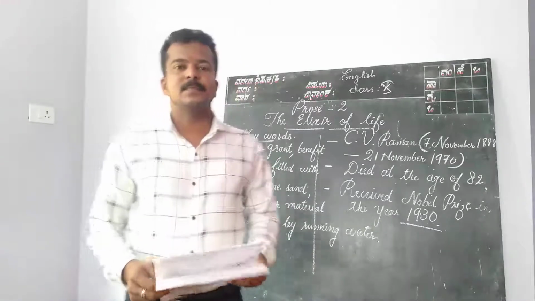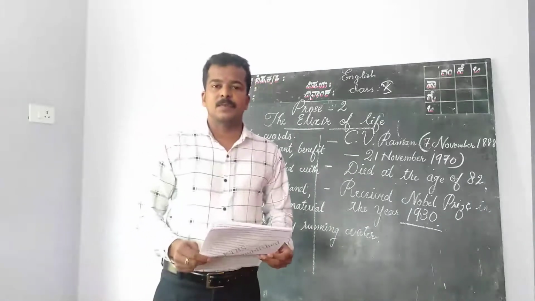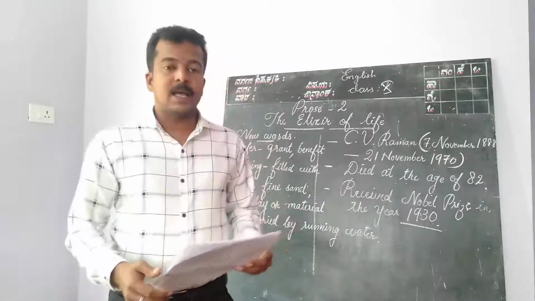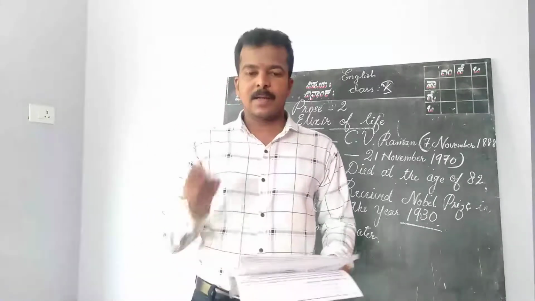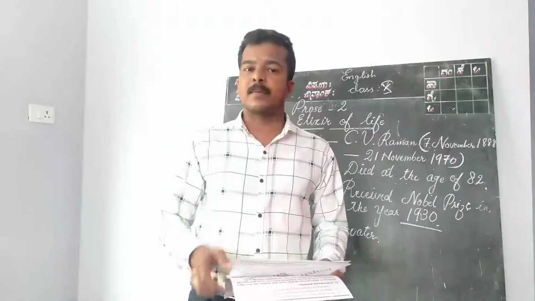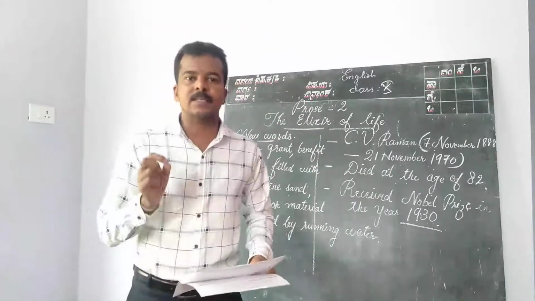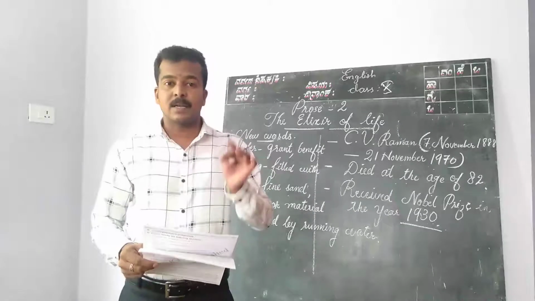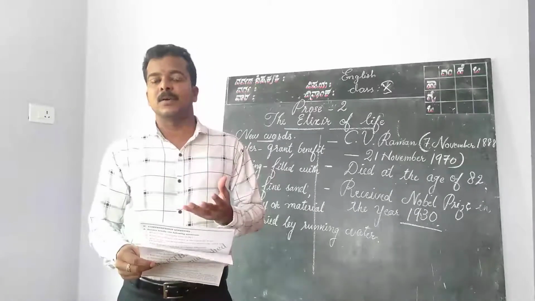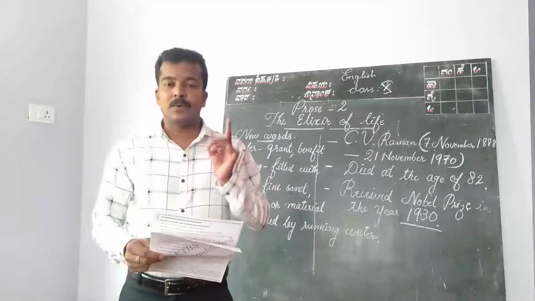Hi children, today onwards we are going to start a new lesson, the second prose. What is that? Lesson 2, The Elixir of Life, written by one of the famous scientists, Dr. C.V. Raman. In the first lesson, A Wrong Man in Workers' Paradise, which was written by Rabindranath Tagore, while I was explaining about the author, I told you he was the first Indian who received a